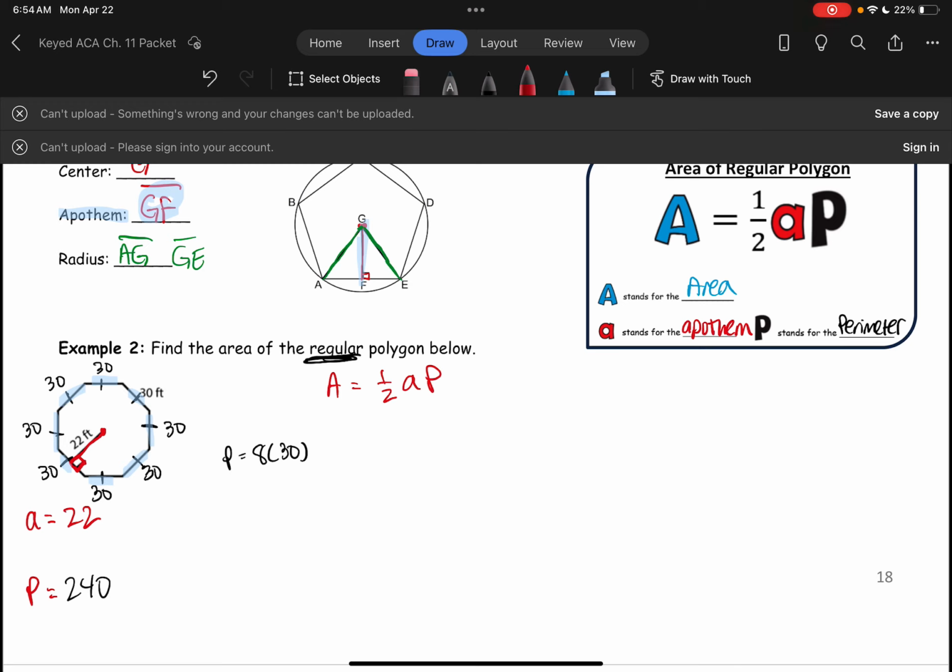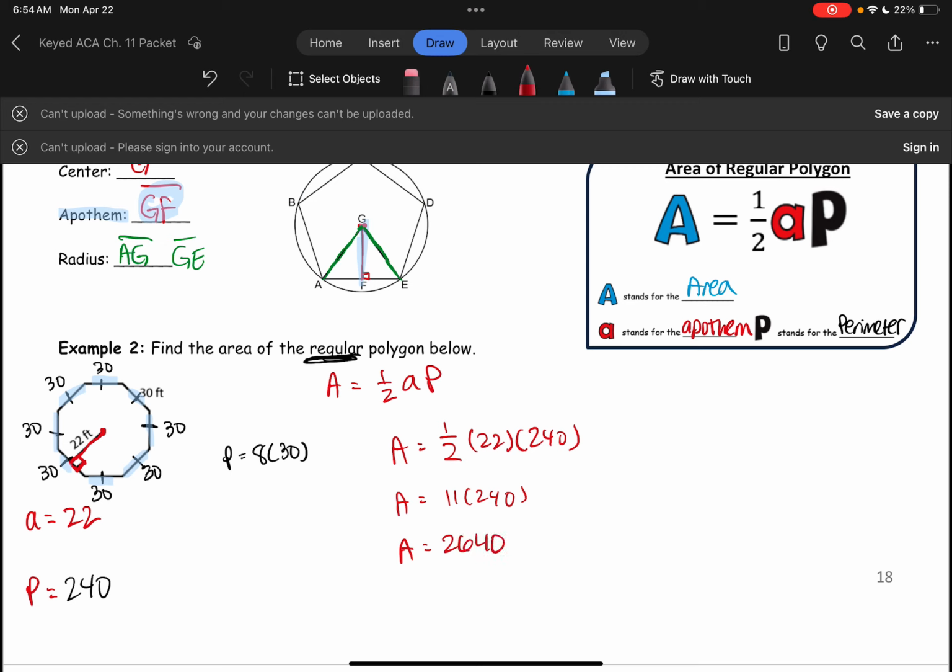So our area formula, area is equal to 1/2 apothem times perimeter. We know the apothem, we know the perimeter. Let's plug it in. So we have the apothem of 22 times the perimeter of 240. From here, we just multiply it out. I'm just doing this by hand because I don't have a calculator. We have 1/2 times 22, which is 11. So we have 11 times 240. If we multiply that out, then we get